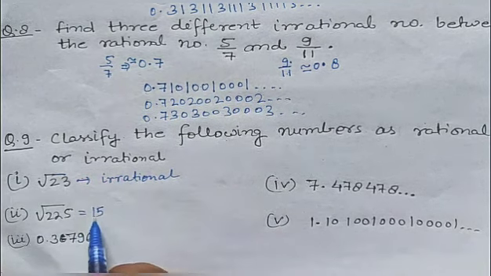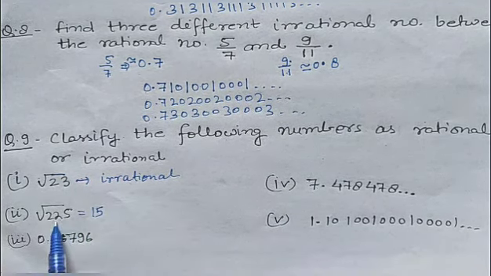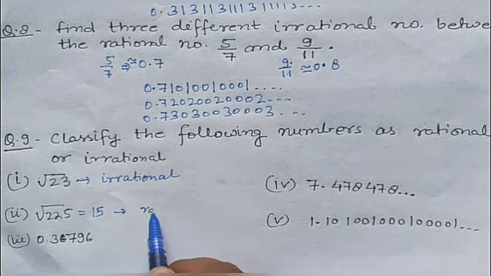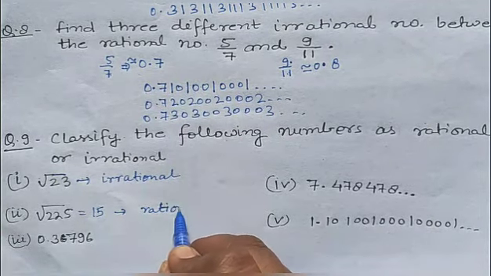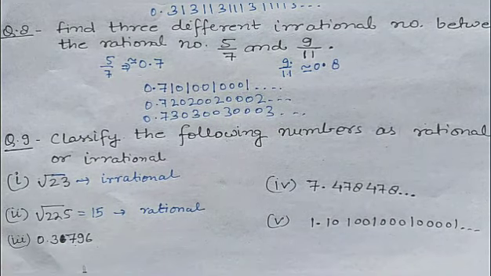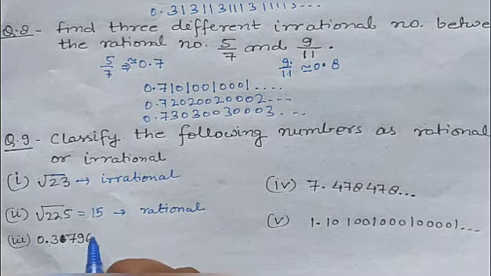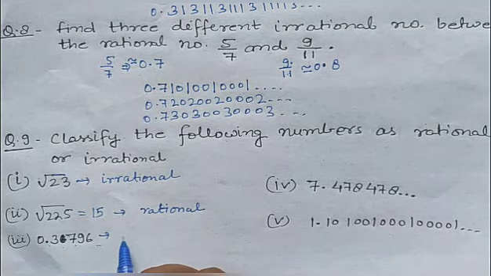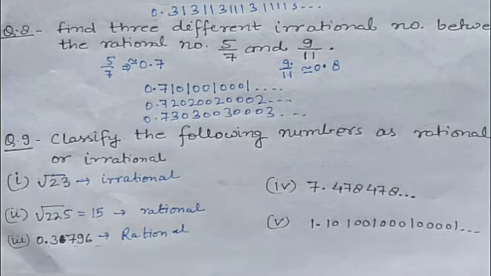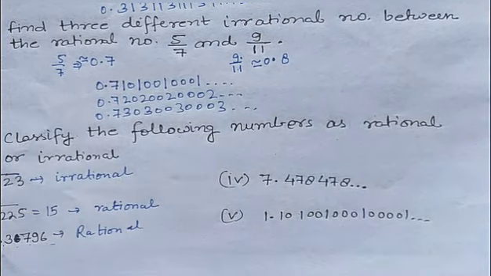225 can be written as 15 because 225 is the square of 15, and 15 is what? It is a rational number. So it will be rational. Now 0.3796: after the 4 places of decimal this number terminates, so it is terminating, and the terminating type of decimal we can represent in the form of p by q, so it will be rational. The fourth part is